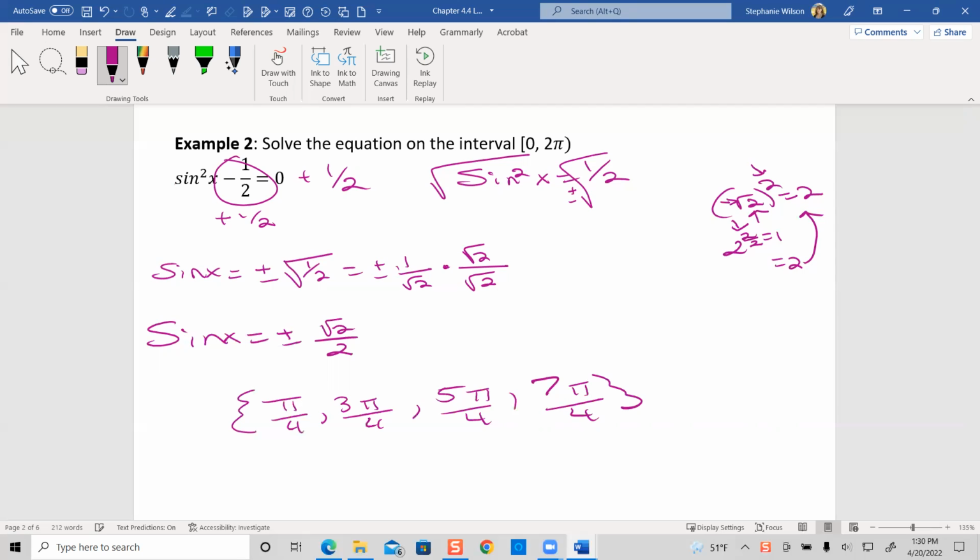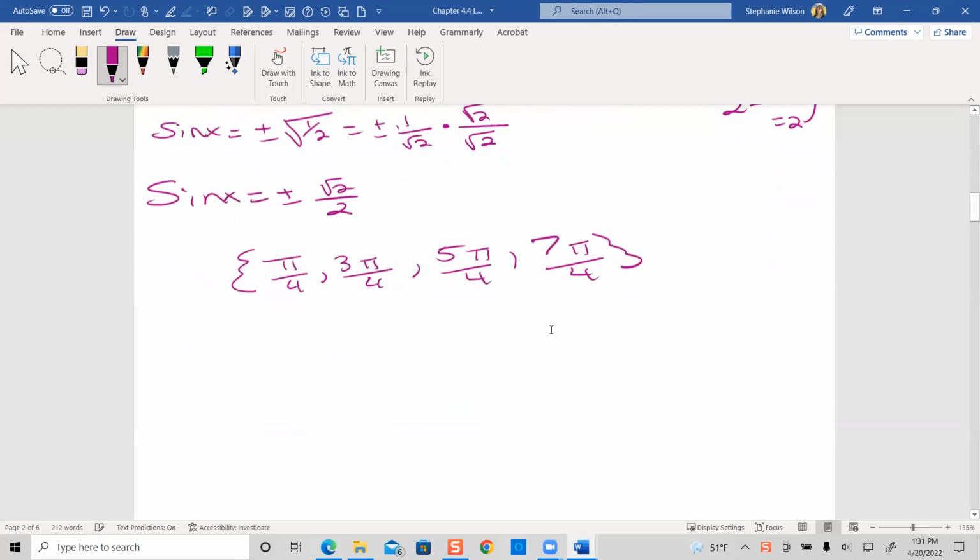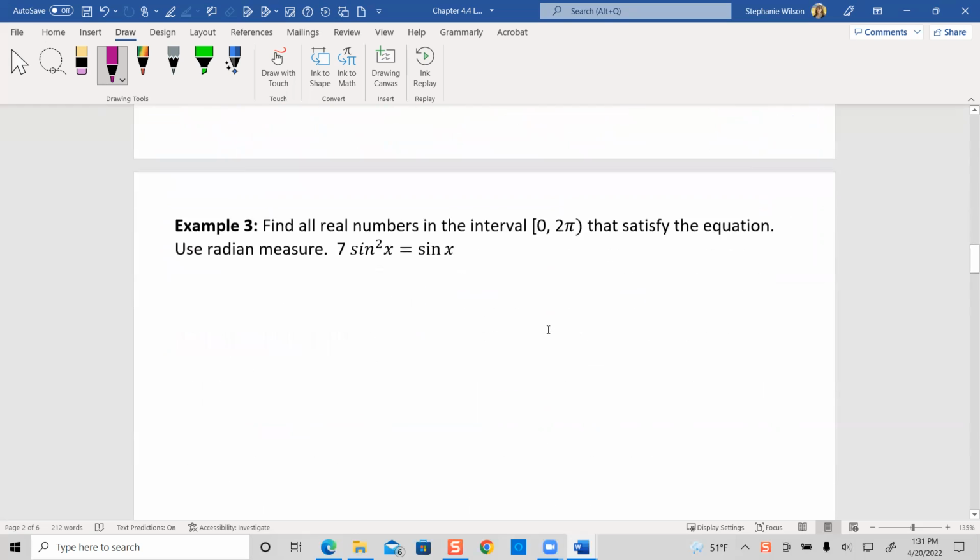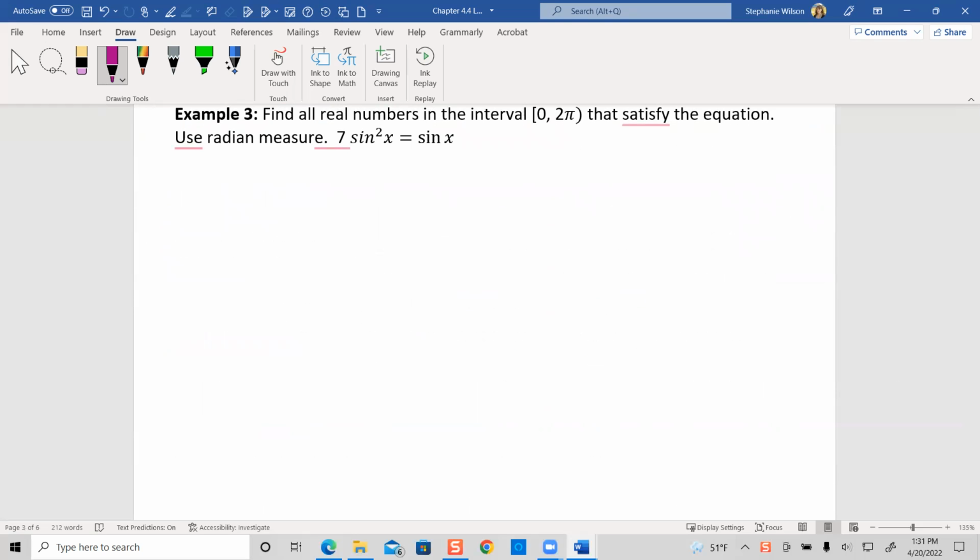All right, so now let's solve for number 3. Number 3 says find all real numbers in the interval of 0 to 2 pi that satisfy the equation. Use the radian measures. I want to talk just a second. I didn't bring this up with a go, interval notation. Sometimes we